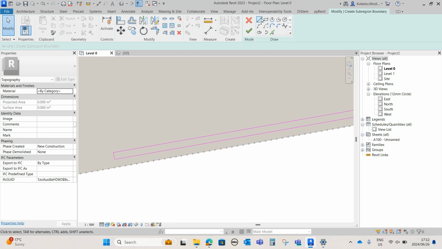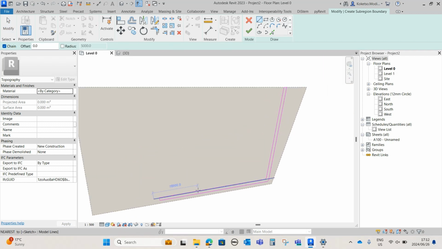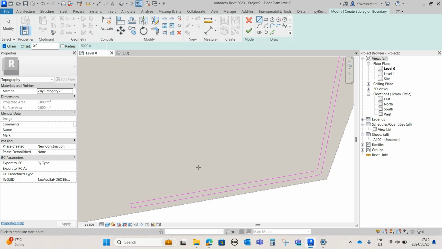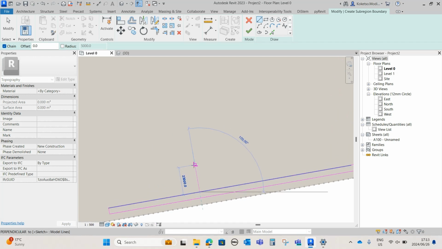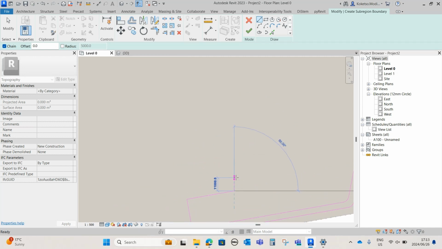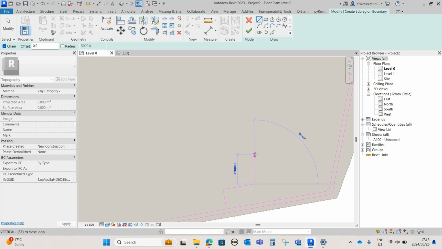And now the next thing is I'm gonna have to provide access when I'm gonna generate my access routes that lead to the site office parkings. So I'm gonna start on this point, take it upwards by 25,000, and then I'm gonna take it like this. Yeah, so I'm just gonna do things randomly here, and then my parking is gonna be set like this,